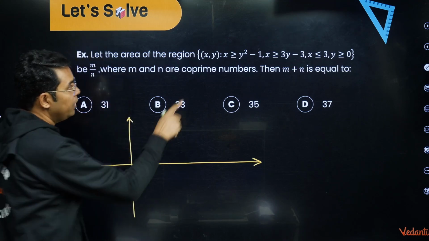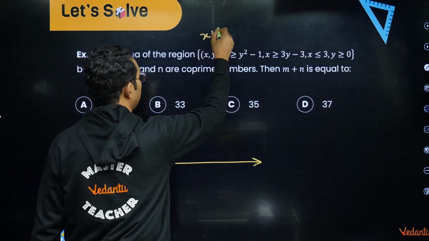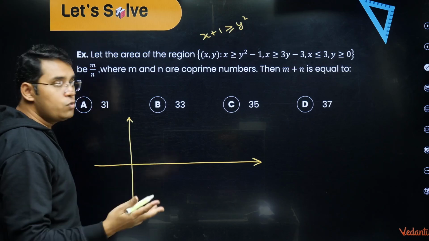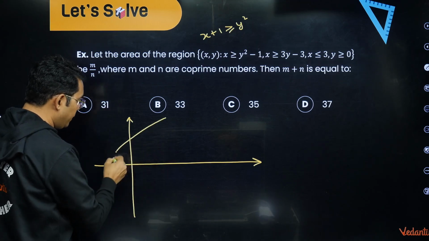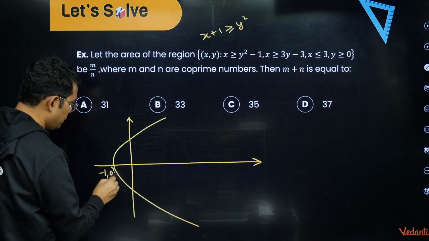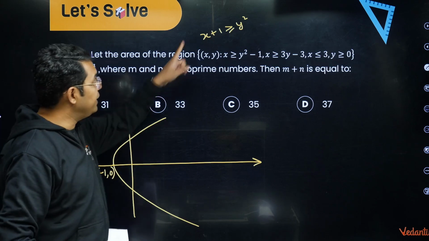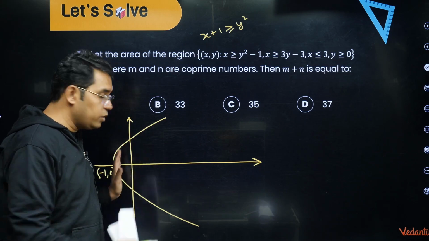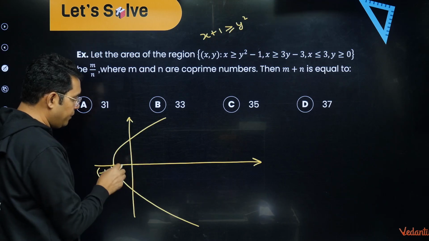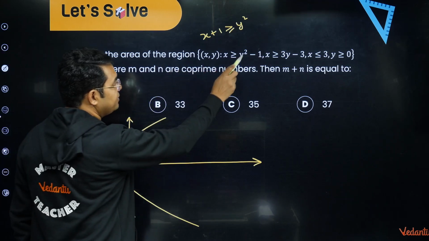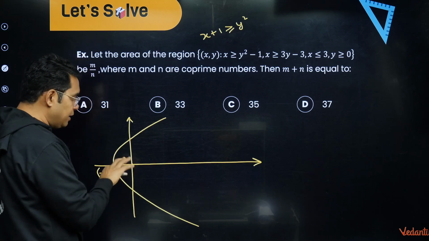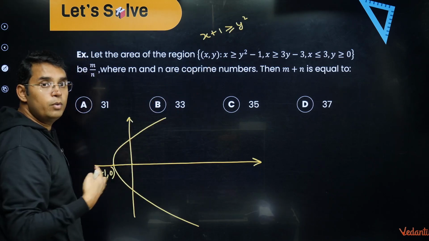So here this is x plus 1 greater than or equal to y square. If it was not greater than, just equal to, it would be a right opening parabola whose vertex is at minus 1 comma 0. Now if they are saying greater than, I think you should be talking about the right side of this. Just to check which region it should be, you see that in the diagram the origin is here and the origin is satisfying it because 0 is greater than minus 1. So this region where the origin is lying is the region we should be looking at.